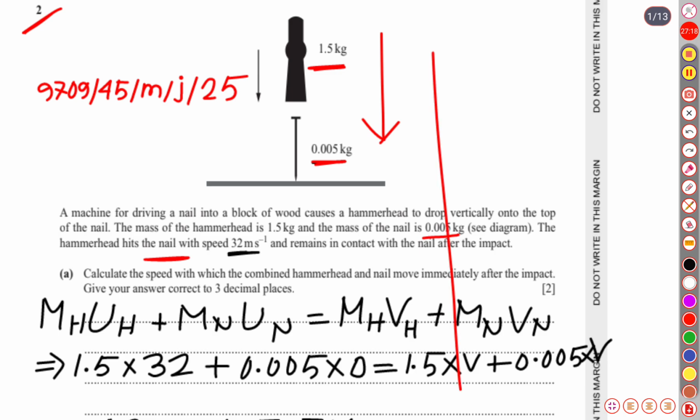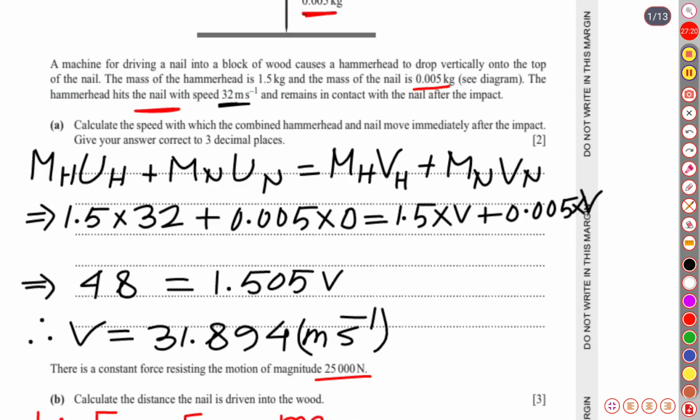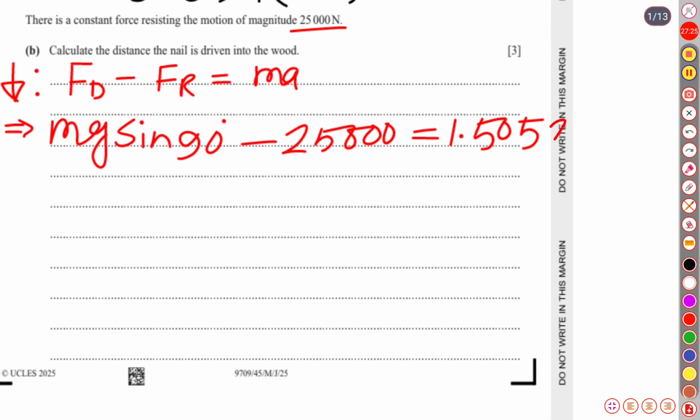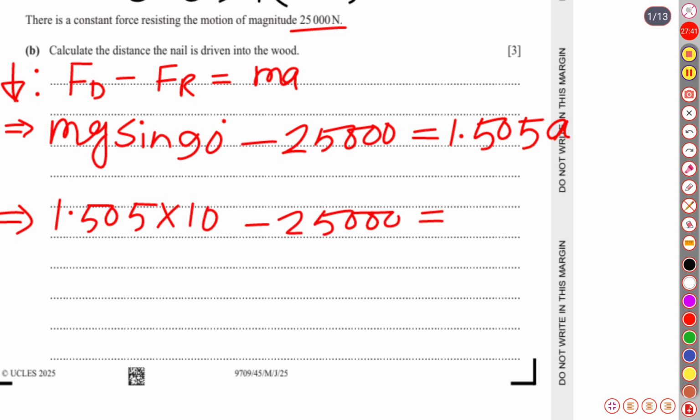So total mass is 1.505 into acceleration. The mass of both of them combined is 1.505 into sine 90, which is 1. And acceleration due to gravity is 10, minus 25,000 equals 1.505 into acceleration. If we isolate a, meaning acceleration, it is going to be